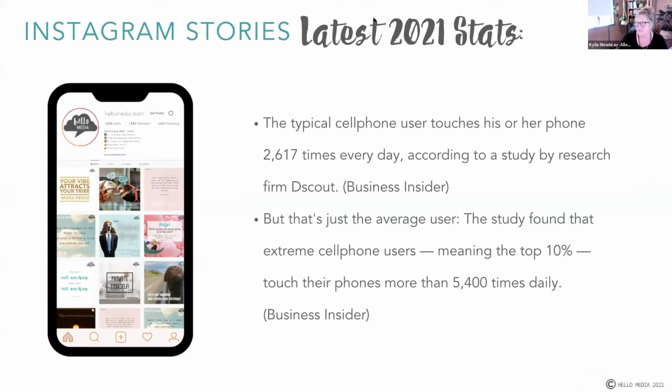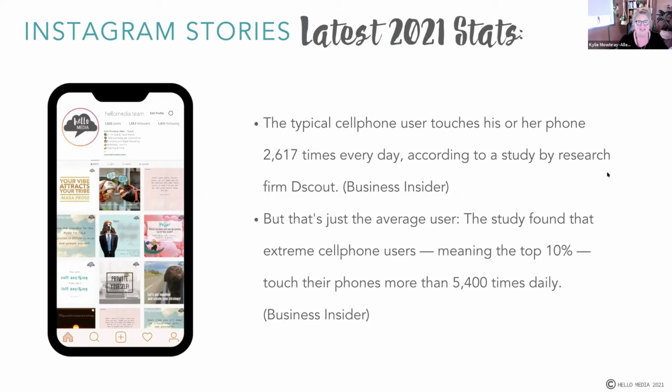Is it to open it to read a text message? Is it to open an app? Is it to press play to listen to music? Whatever it is, that is an extraordinarily high number, isn't it, of how many times on average somebody touches their phone. So keep a little idea of what it is that you're doing with yours, because it will blow your mind how often it is. And that's just the average user.